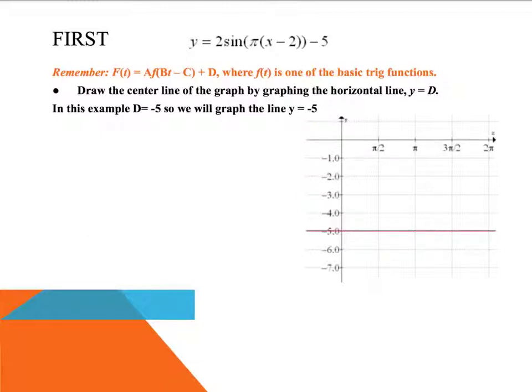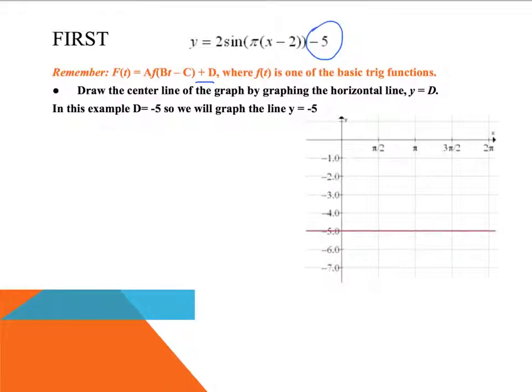center line. In this equation that I have picked to be our demonstration, d equals -5. Notice how it aligns right where our d in the general function is. Because of that, we will graph our center line at y equals -5, which I have done here and is